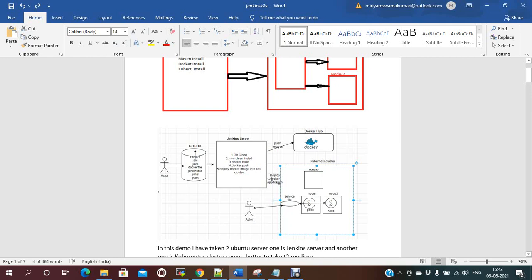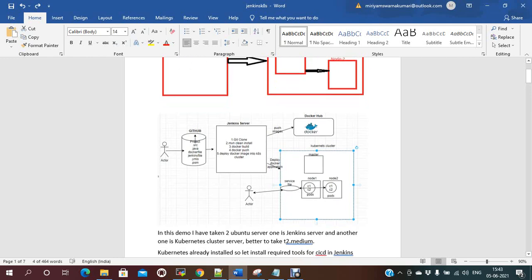Then I'm deploying the Docker image into the Kubernetes cluster. We can't directly access the running container inside the pod, so we need to write the service file. Using the service file we can access it.